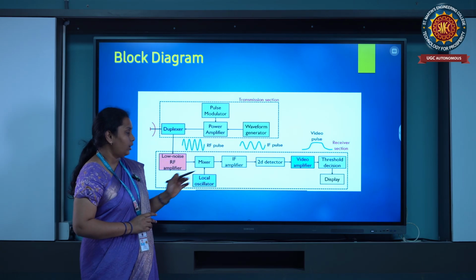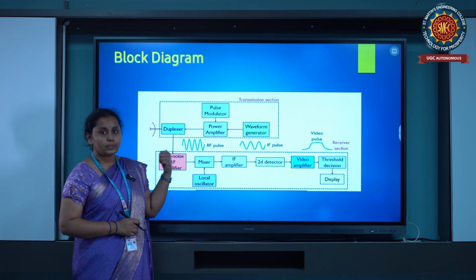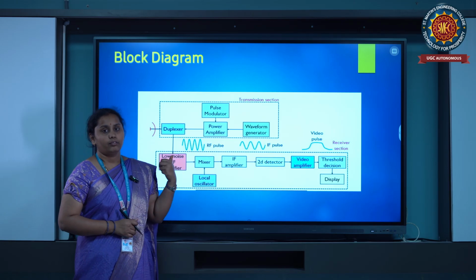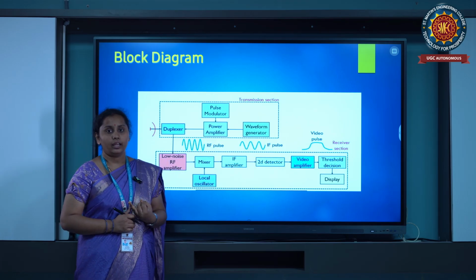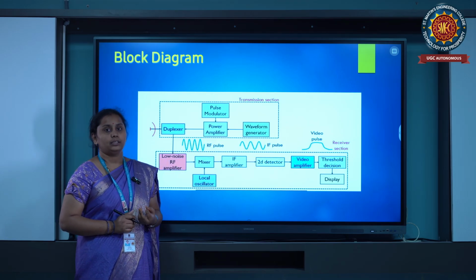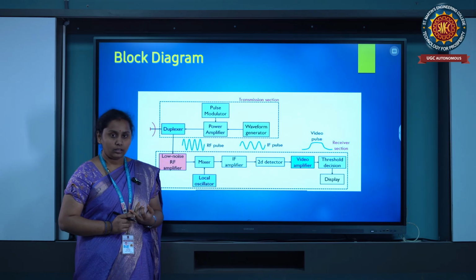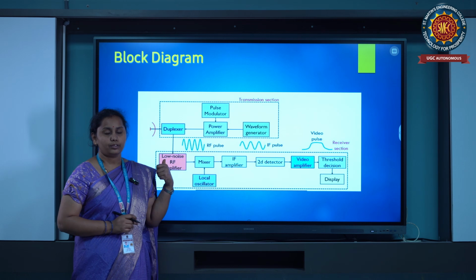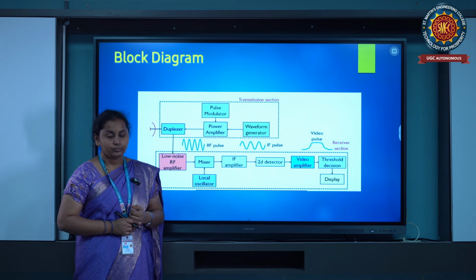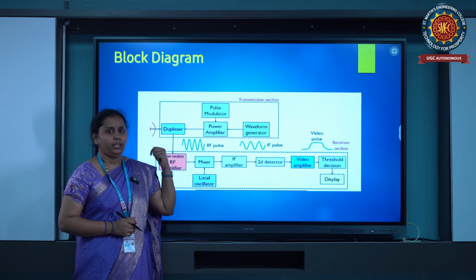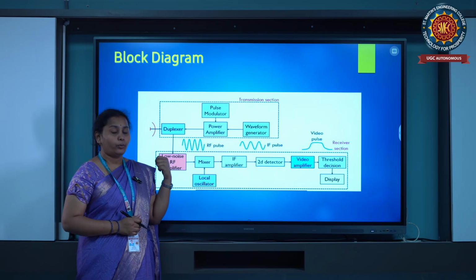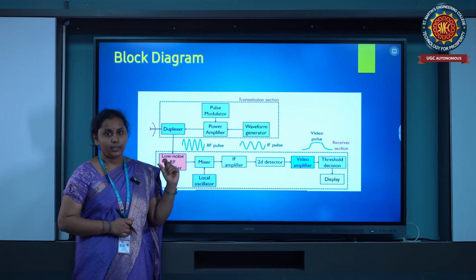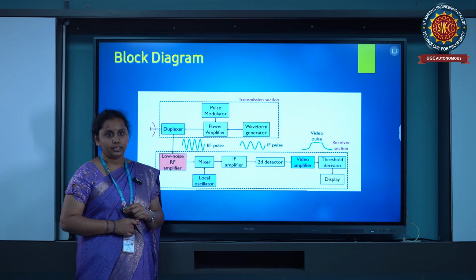We can use these radar systems for defense purposes, for hospital purposes, and for weather forecasting purposes, and we can also save lives by using this radar system. Many people use the monostatic radar system because it has only one antenna.